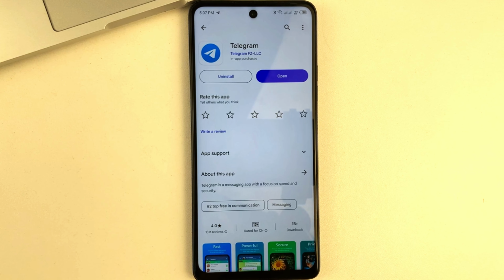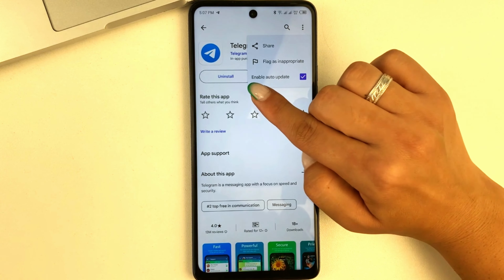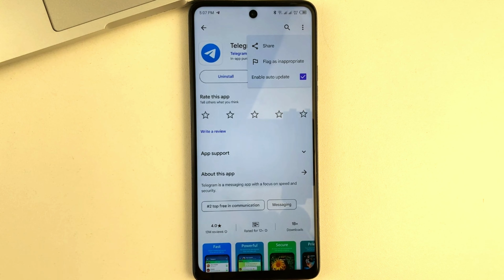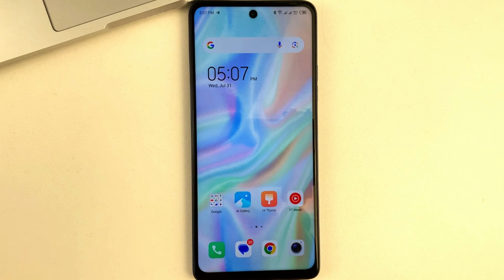And also, friends, I recommend to everyone, for the future, so you don't have to remember, so it doesn't take you time, this update process. Above the Telegram name, click on the three dots and set it to auto update. That will save you time, and every time some update of this application comes out, it will happen automatically. This is the way you can quickly and easily update Telegram on your Android.